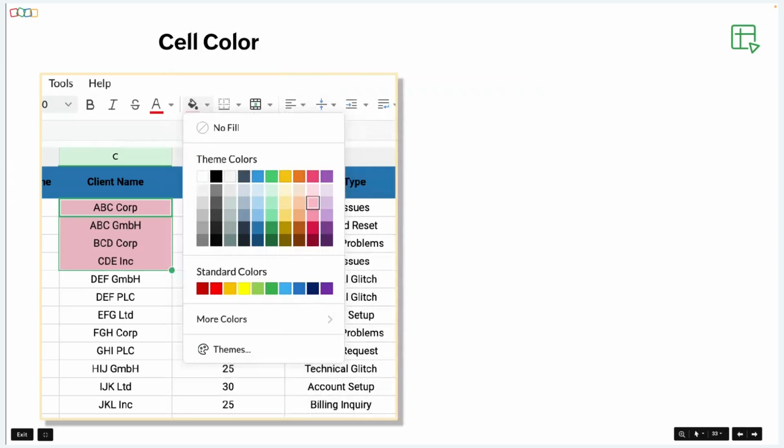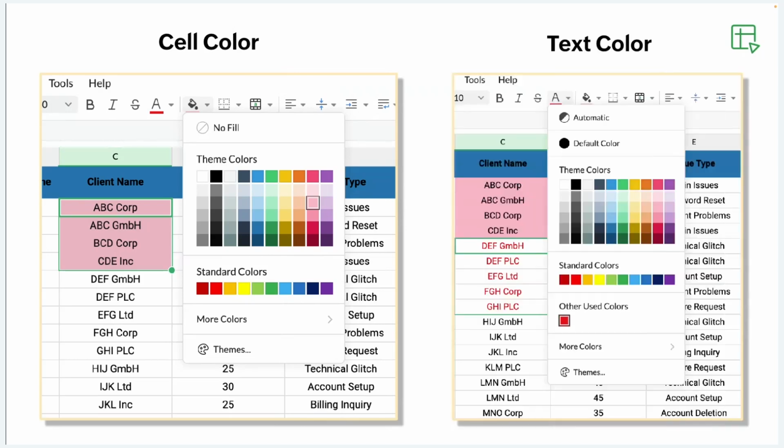Next, we also have cell color. Applying colors to text and cells in Zoho Sheet is simple. You can use the color palette to enhance the data representation by highlighting important information or categorizing data visually. These features enable agents to effectively distinguish and organize data using color. For instance, they can employ the red color to denote high priority information